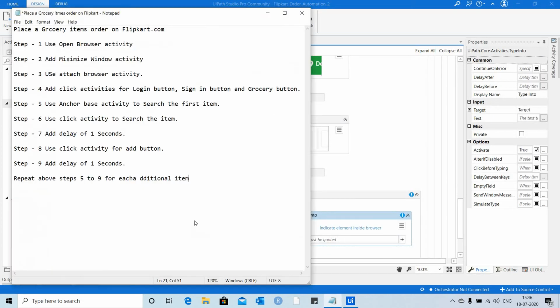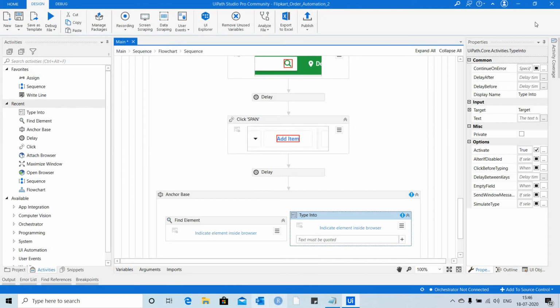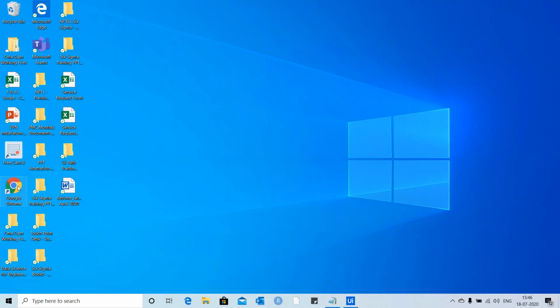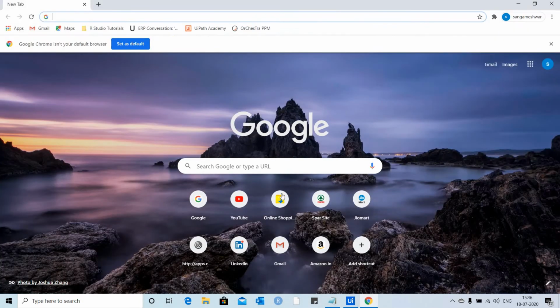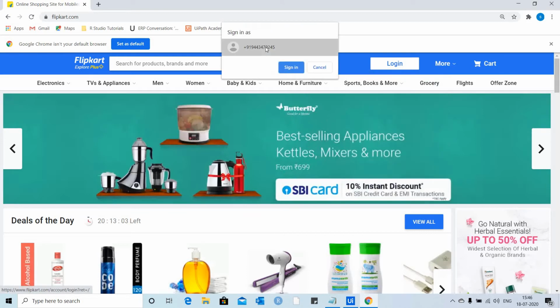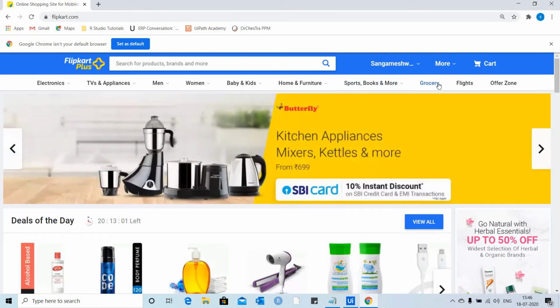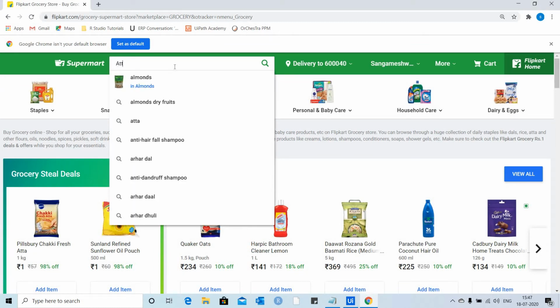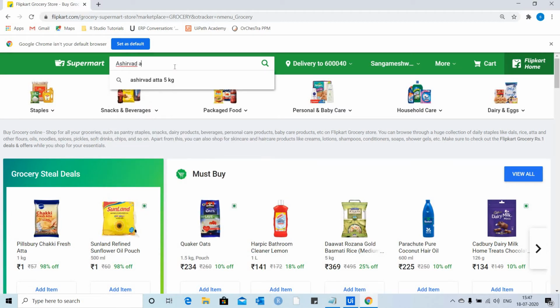So let's go back to the Flipkart page again. Then I go to grocery page and then next I am going to search Ashirwad Atta 5 kg packet.